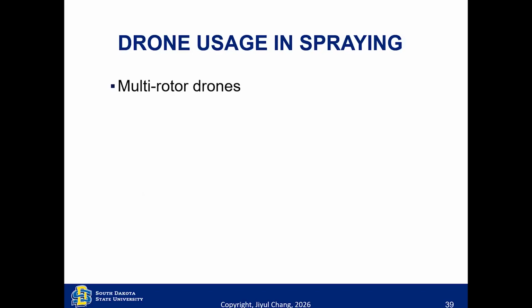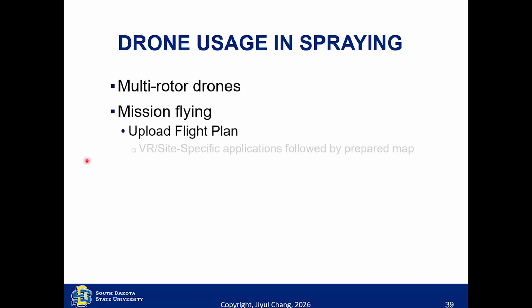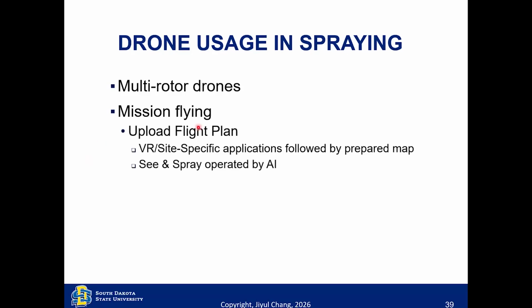Drone use in the spring. I'd like to talk about the spring just a little bit. To spray the fertilizer and the chemicals and the seed from the drone, we have to use a multi-rotor drone, and it must be mission flying, okay, because we need to spray in the exact locations. And then there are two different ways. We upload the flight plan, then wherever to do the variable rate application and the site-specific application, followed by